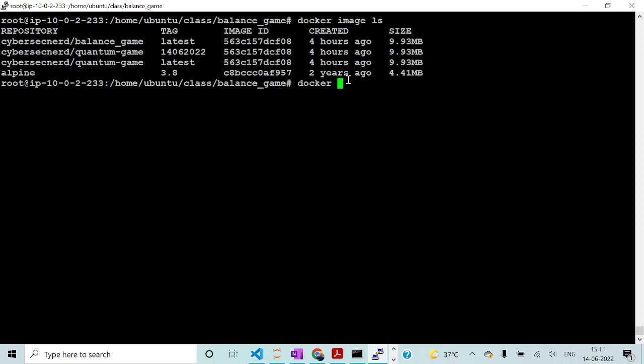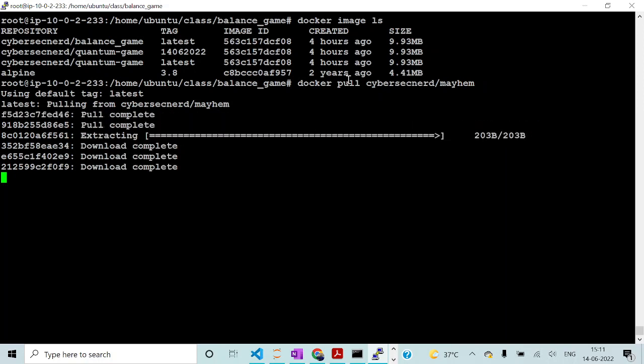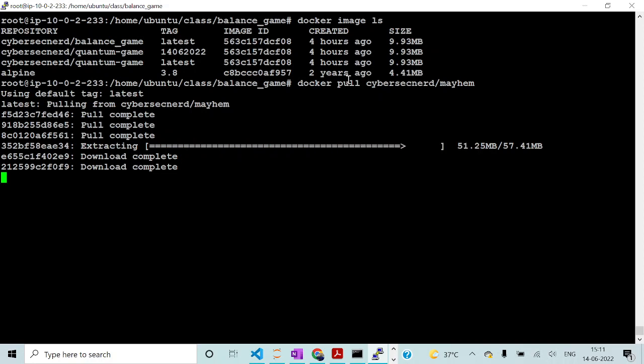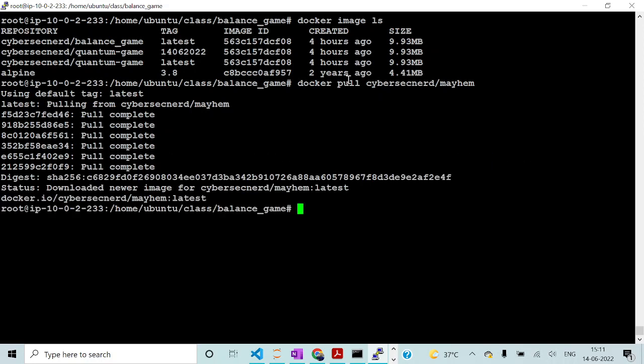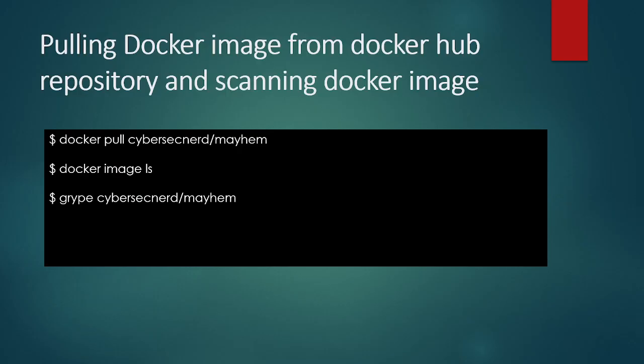I will be pulling one of the Docker images, mayhem. This image will be pulled from the Docker Hub repository. It will take a moment, so let's wait. Once the image is downloaded, we will try to scan this particular image. Again, if I list all the images, you can see that we have downloaded this image, cybersec nerd mayhem, right? If I go back to this particular slide, now I will be using my third command,